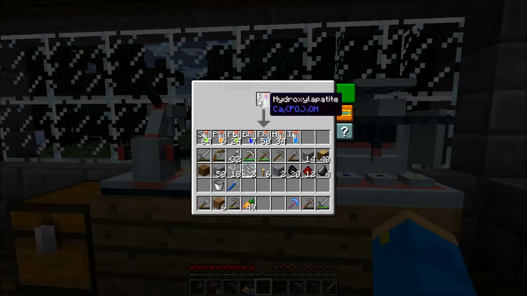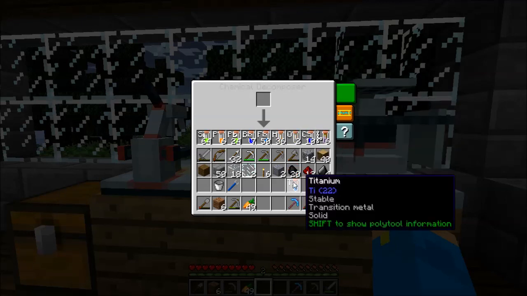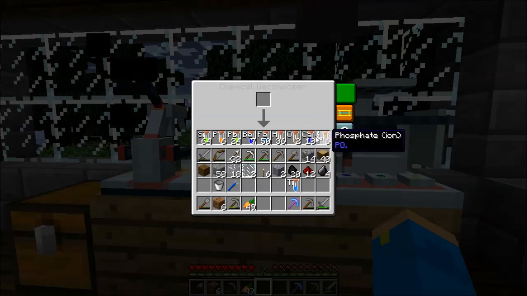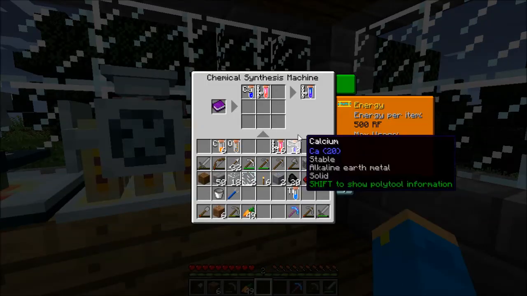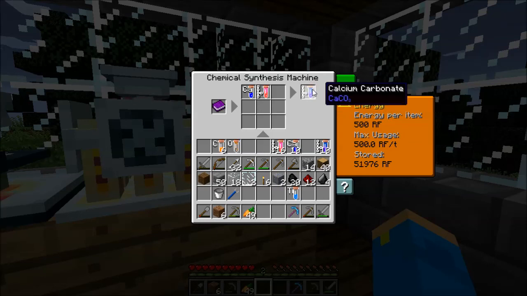If I just put this back in the chemical synthesis machine, oh, it's jammed. Doesn't have any space to put items anymore. Oh, that's cool, it tells you that. I didn't know it told you that, actually. And this actually produces a fair bit of calcium. So I can dump this back in here, and now that I've got my calcium again, and I've got my carbonate, I can pull out a bunch more of the...